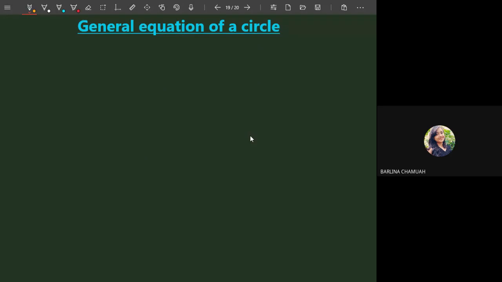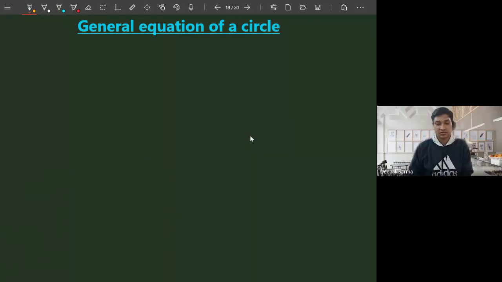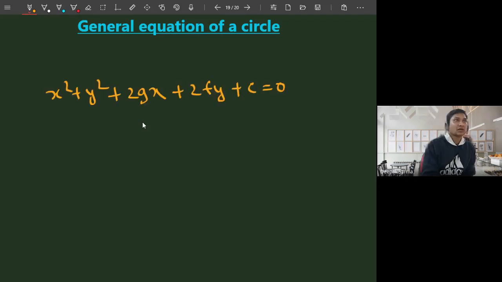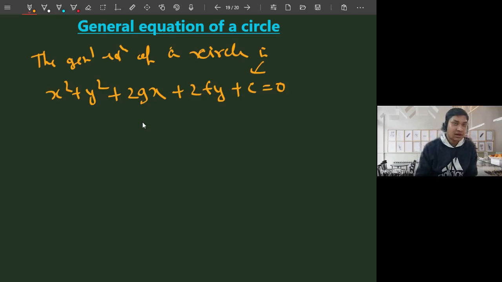We are going to discuss the general equation of a circle. What do you mean by general equation? If we consider a circle having center at maybe (h, k) and radius maybe r, what you get after simplifying is an equation of this form. So this one is the general equation. Now here we have one condition. I'll write it later. Find the center first, because if this one is the general equation, we must have a center, must have some radius.